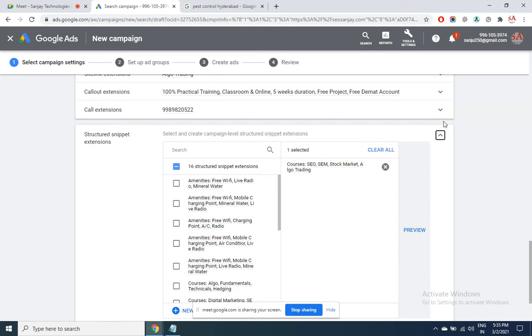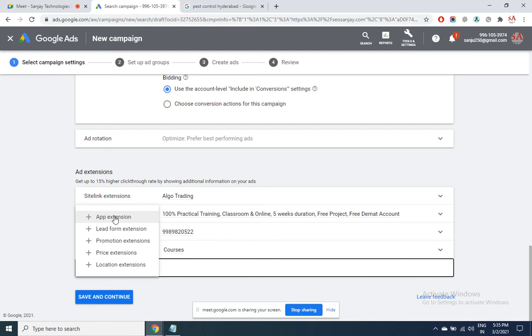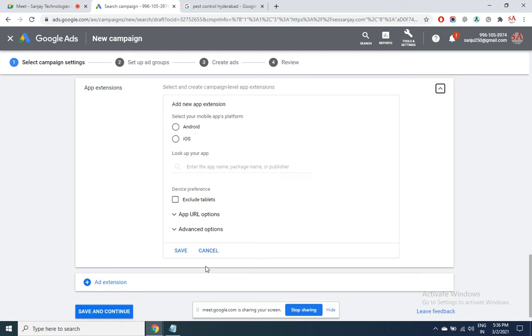So coming with the next extension, app extension. It is only meant for people who have got an app, whether it is Android or iOS. You must be having a registered app in the respective Play Store. For Android it is Play Store, for iPhones it is iTunes. So you must be already having an app there, so that you can select from here. So in case that I have an app, I click here. So what is the app that you have, whether it is in Android platform or iOS one? Let's say Android, say Baiju example.